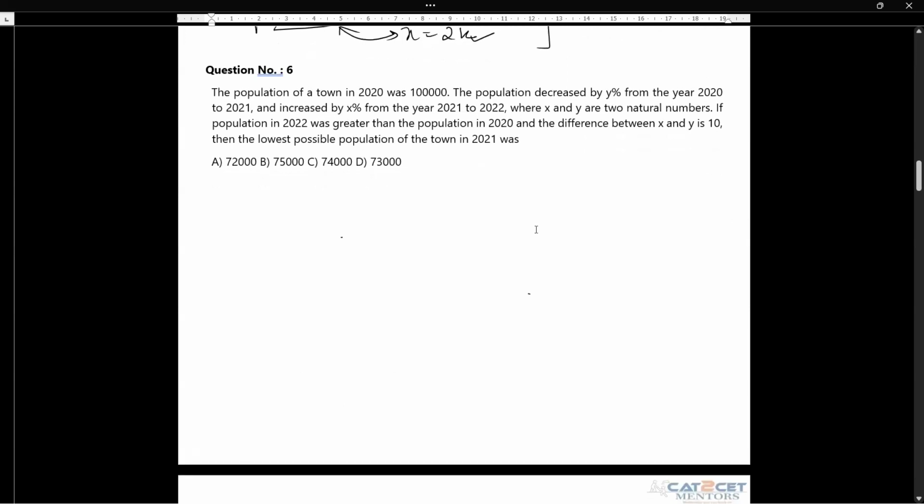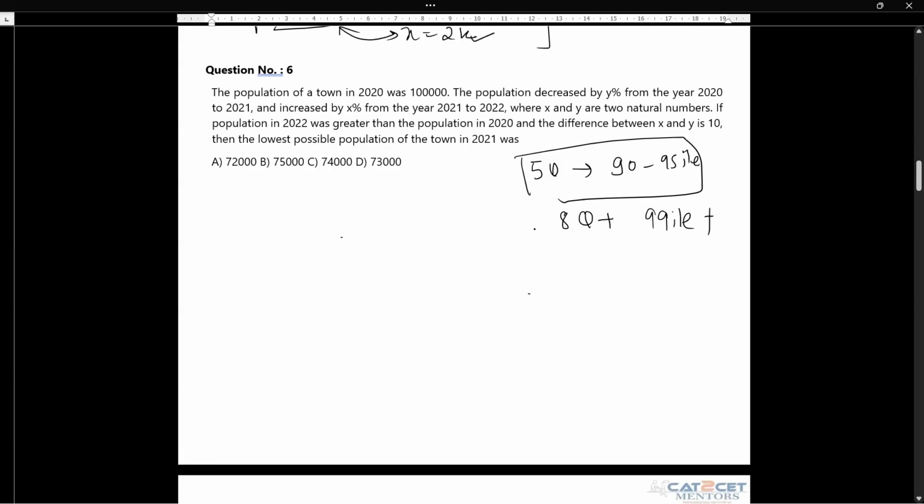Moving on forward, we have done 5 questions up till now. 5 questions means we have crossed 90 to 95 percentile, and the questions were pretty much basic. Now our hunt is to solve 8 plus questions in the most difficult paper of CAT in the last 5 years. 8 plus questions will lead to 99 percentile plus.